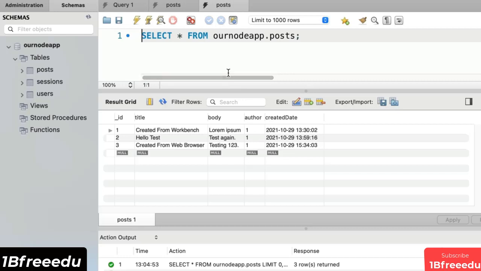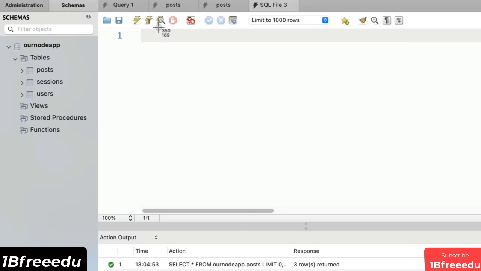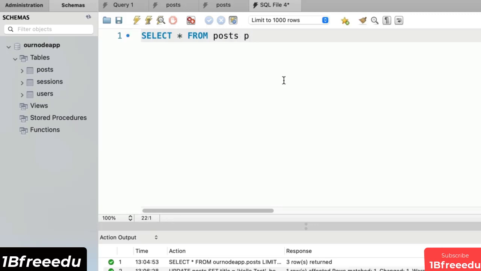So let's write the query that selects a post based on its ID, but then also joins on a bit of information about the author of that post. So in a new tab, here's what I would write. Let's start with everything. So select all columns from the posts table. Right after posts, let's make it also available just with the letter P so it's easy to type. And then let's join the users table and let's make that available just with the letter U on the condition that p.author equals